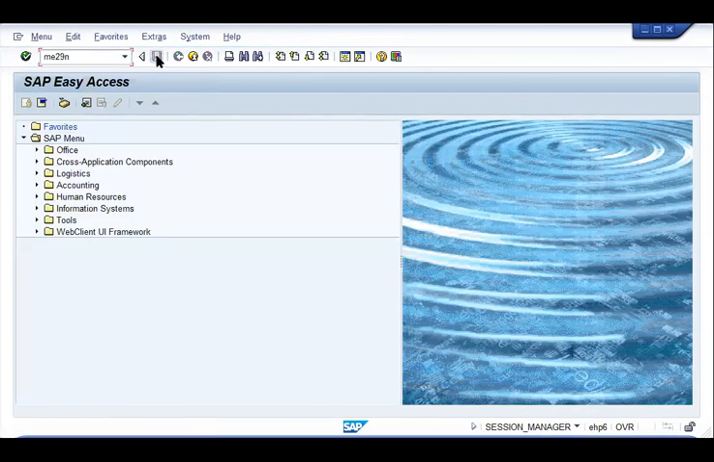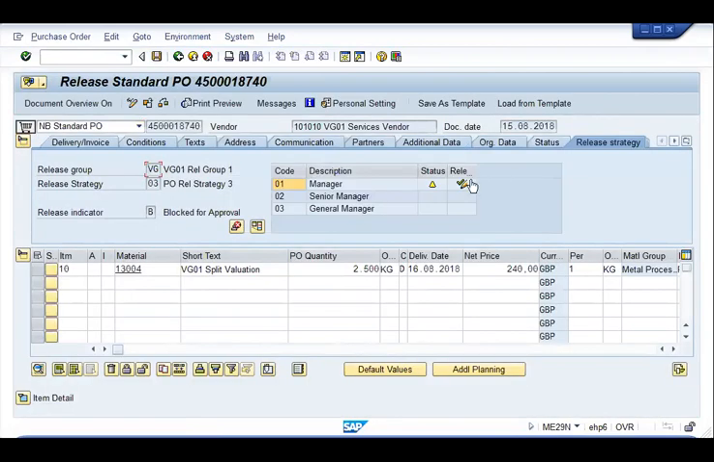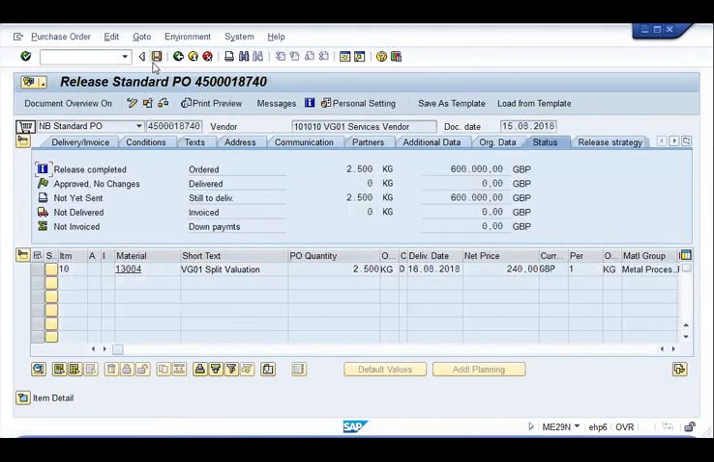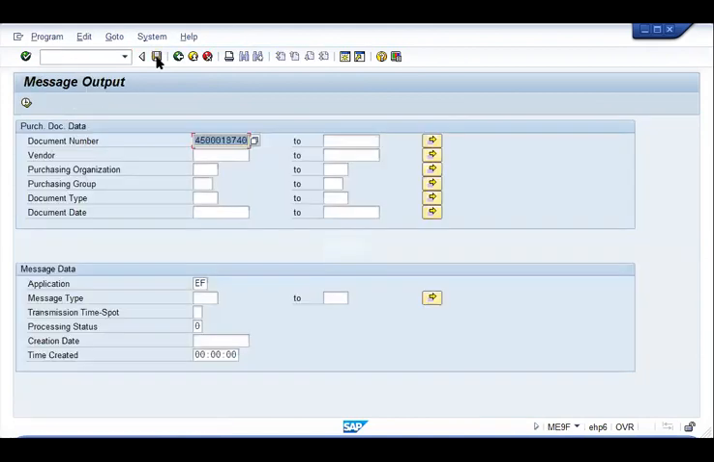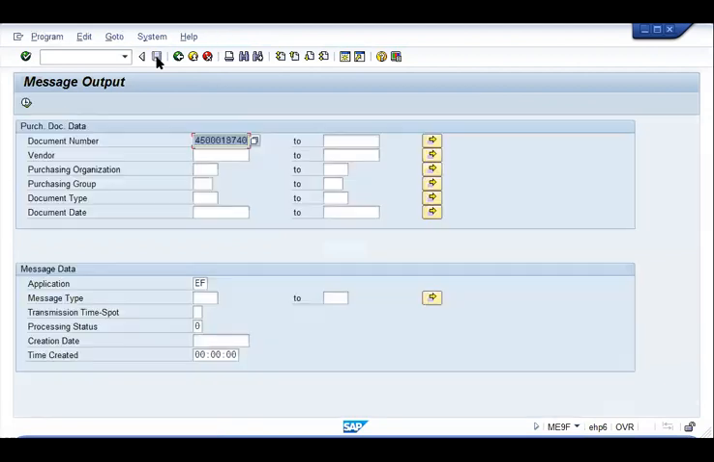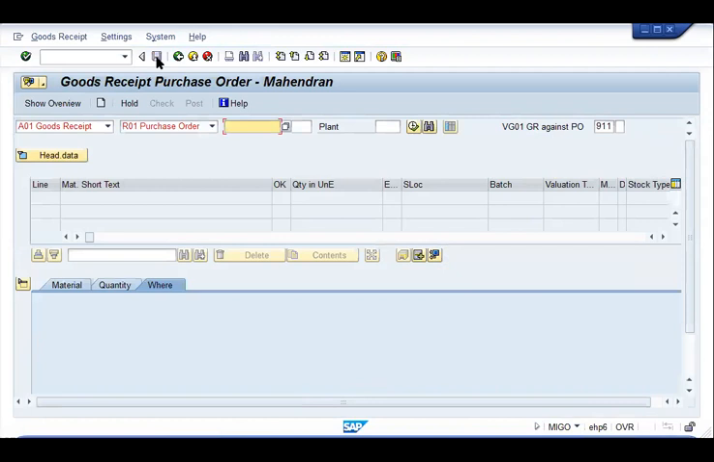Release the document. Go to the header part. Release, release, release. And once the release is completed, click on save. Output the document to the vendor. Output message. Once it is done, now let's receive the stock of this material